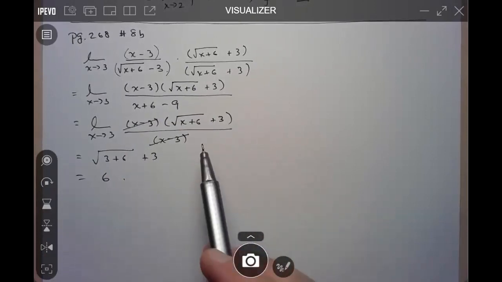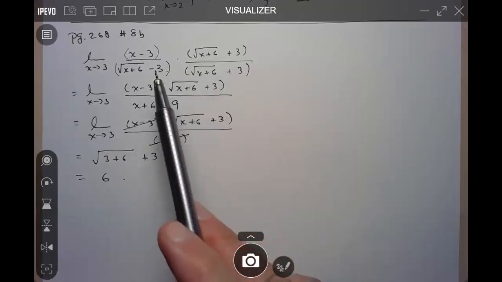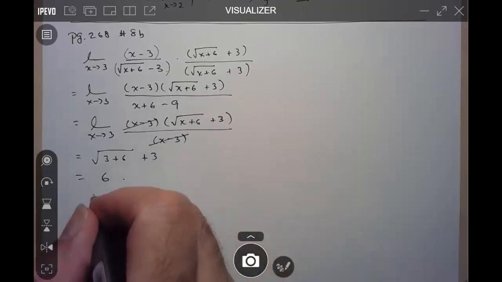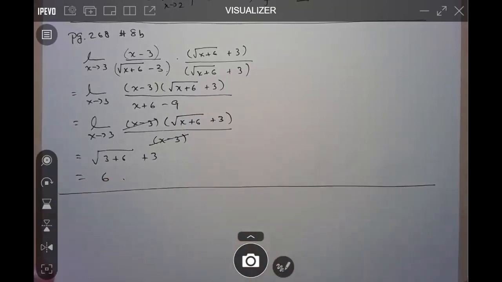Any questions here? Okay, so again, make sure you keep in mind that trick of multiplying by the conjugate. All right, so that was 8b. So now we are going to